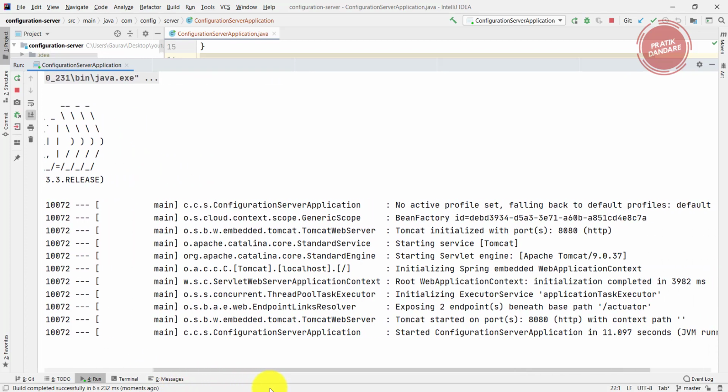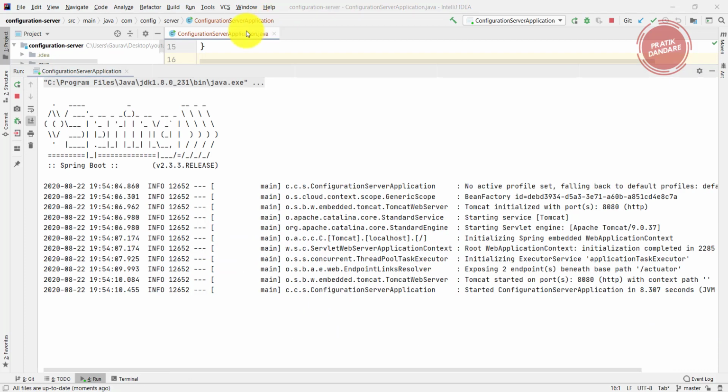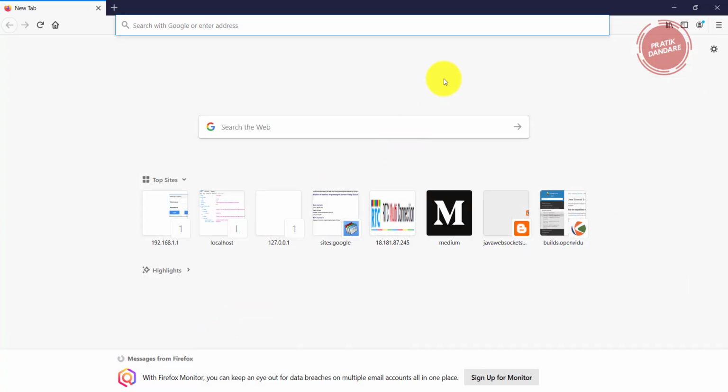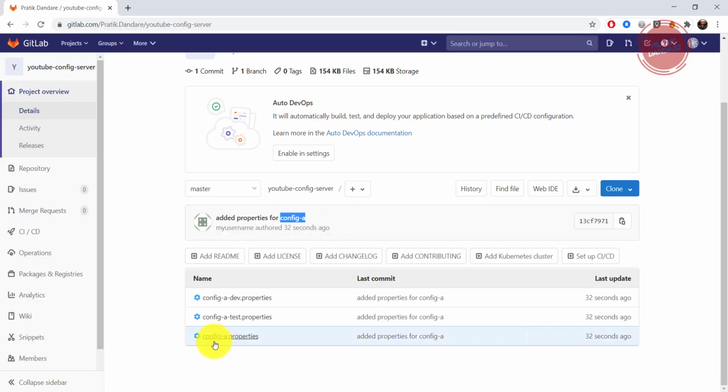Now the application is up and running. So how are we going to test that our properties are reflected or not? To test it, I'm going to use the Firefox browser, with the application running on port 8080. And we have the project name config-a. Why am I putting config-a? If you go to Git, this is our default property, this is our test property, this is our dev property.